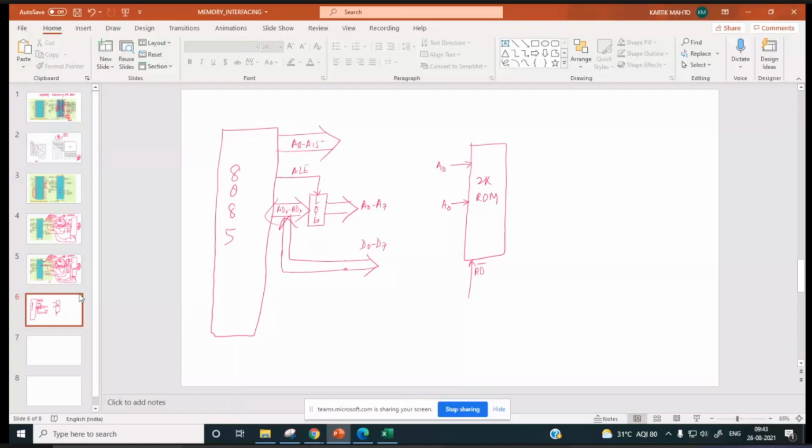Now, ROM will be used for storing only monitor program or system program. You need RAM also. So 2K RAM is there for writing your own program and storing data. RAM is also needed, so it is also 2K RAM. So how many address pins will be there in this RAM chip? A0 to how many address pins in this RAM chip?